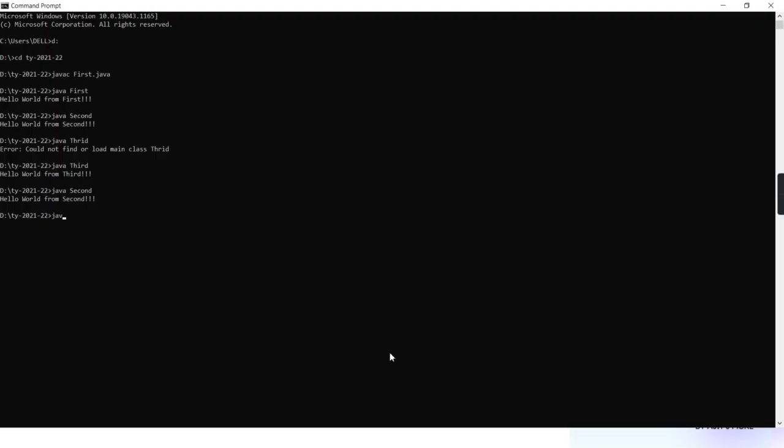See here, I'll compile. I'll write Java first. Okay? When I'll say Java first, will it load that first dot class in the memory? Then verification, then it will search for main, then main called, then in main the first line is hello world from first, and then you have given a call to main of second. In second there is one print statement, then you have given a call to third's main, in that there is one print statement. All prints get displayed one after another. Can you see, guys?